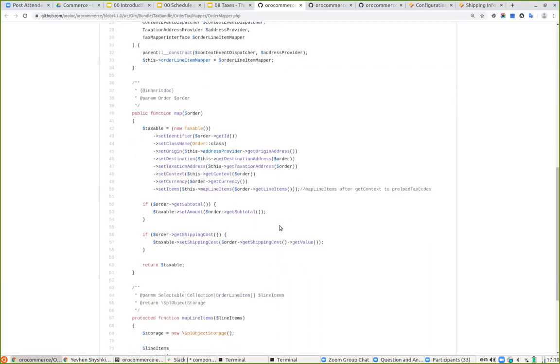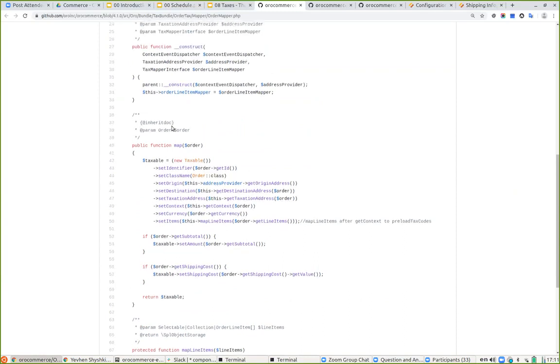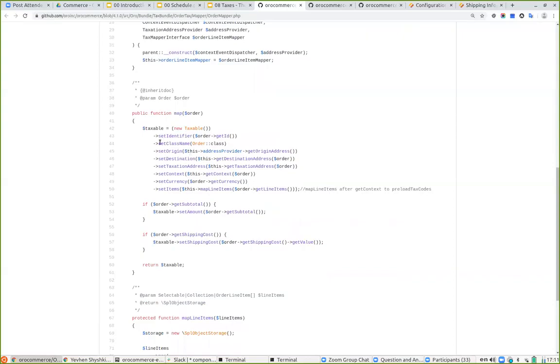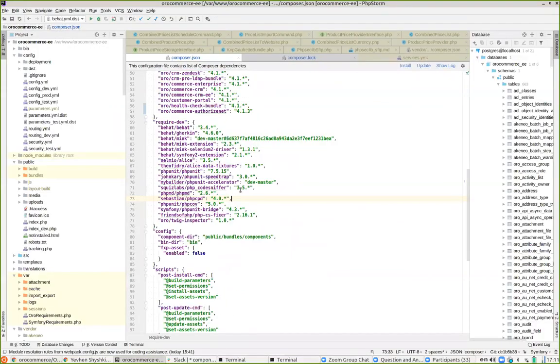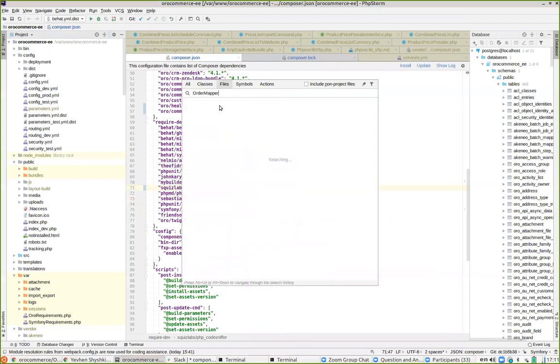And pay attention that each item also has its own taxable. So here we have a recursion, which is when the order has a taxable and each of the line items has a taxable, because we have to calculate prices separately for each line item, because we have separation on the product level there. And then we have to accumulate all the things inside the order. That is why we have a taxable not only for the order itself, but also for the order line item. And in fact, if we check it here in code,